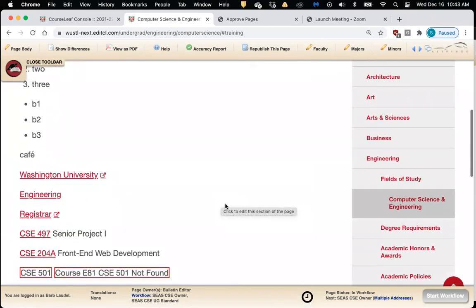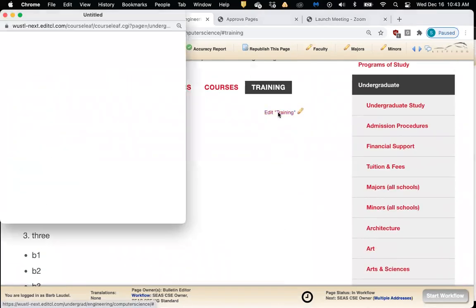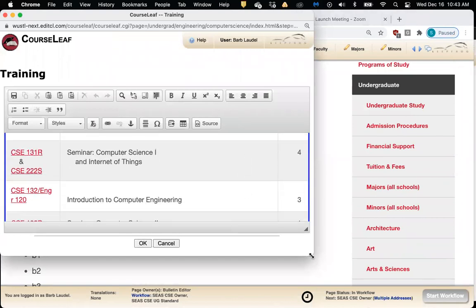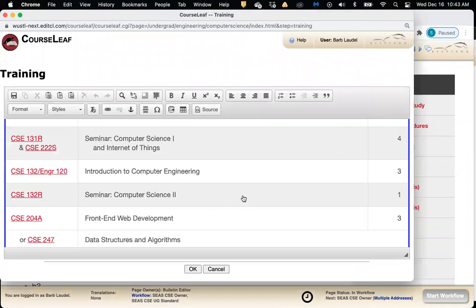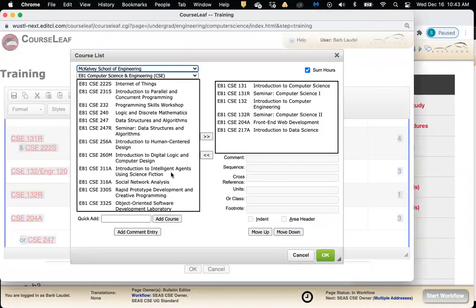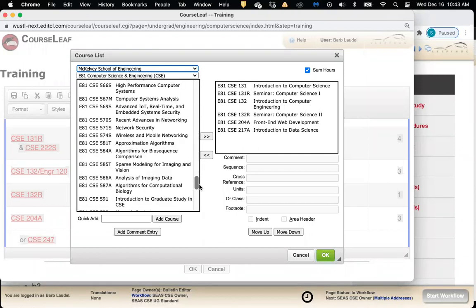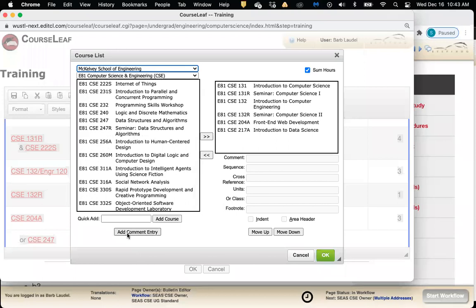All right, now the other item in the table area is, let's say you add a new course. And so what you can do here is, let's say you don't see your course here, or maybe you do see your course, but you just don't have time to scroll all the way through. Let's say the scenario is you have a new course that has not been generated in this dropdown yet. What you would do is click on this add comment entry.